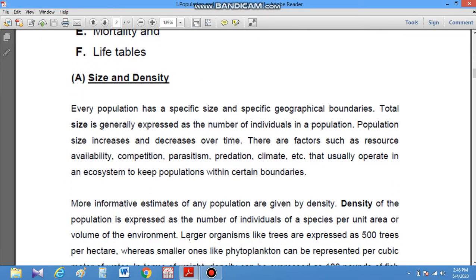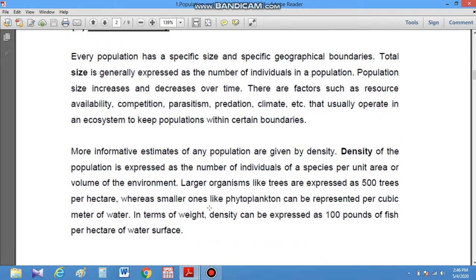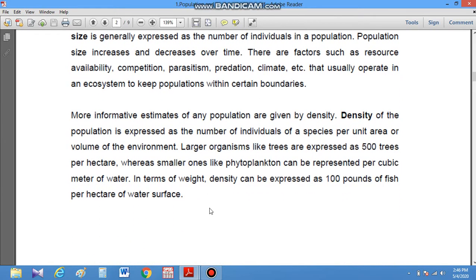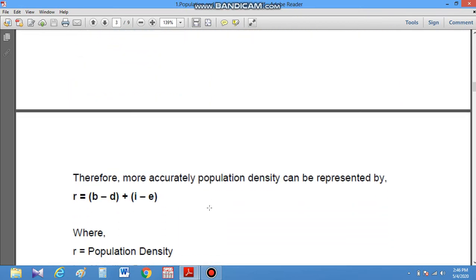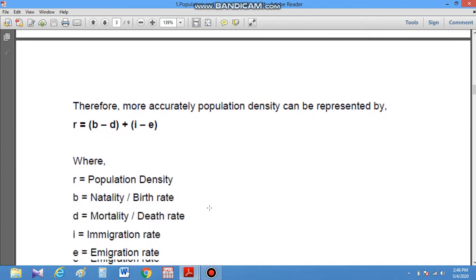Population size is the number of individuals in a given population. When we count the number of individuals, it decides the size of a population. Density of population is expressed as the number of individuals of a species per unit area, that is, the area in which the population is present. It can be represented by this formula: